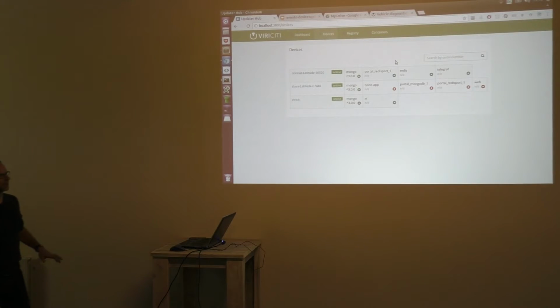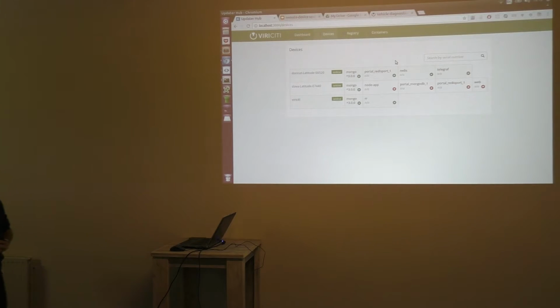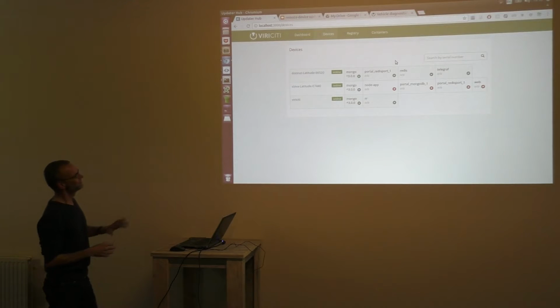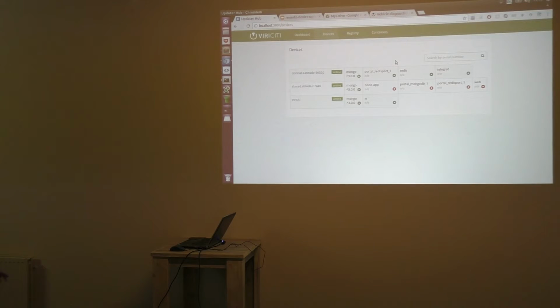Actually, this is a prototype. We have three devices running. One is my own device, my own laptop, and the other two are of colleagues, who were kind enough to